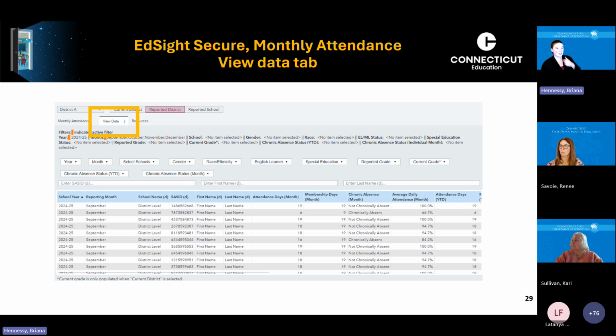I have a question here. Can we see cohort data from one year to the next? Kindergarten in 2022-23, and then grade 1 in 2023-24, and grade 2 in 2024-25. I don't think there's an easy way to do that. You would have to pull up the 3 years of data and those 3 grades and look at them. But that's not a bad idea. So I'd like to think about that.